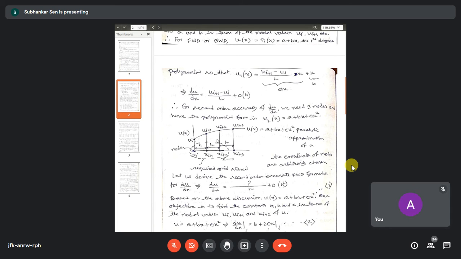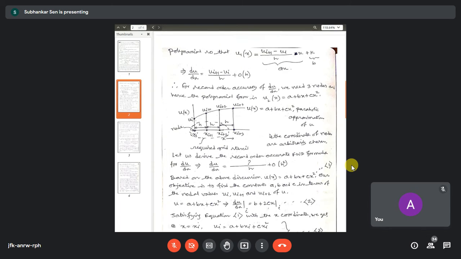Okay, so this is the question: if you are finding the second order accurate FWD or BWD formula, what will be the expression for the numerator? At the denominator we know that for x, h will come, and this is already the question that we must get second order accuracy. The question is what is the appropriate relation between ui plus 1 and ui plus 2 that you will put here.